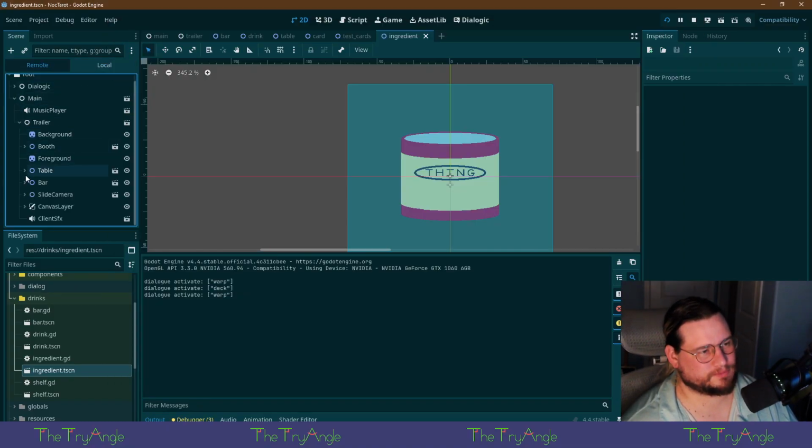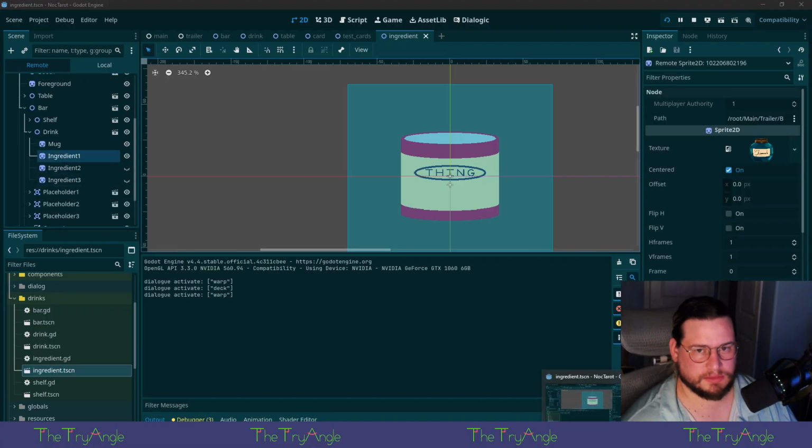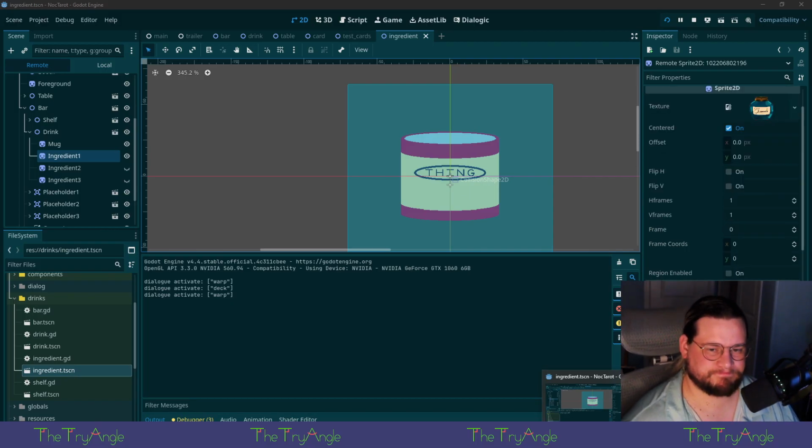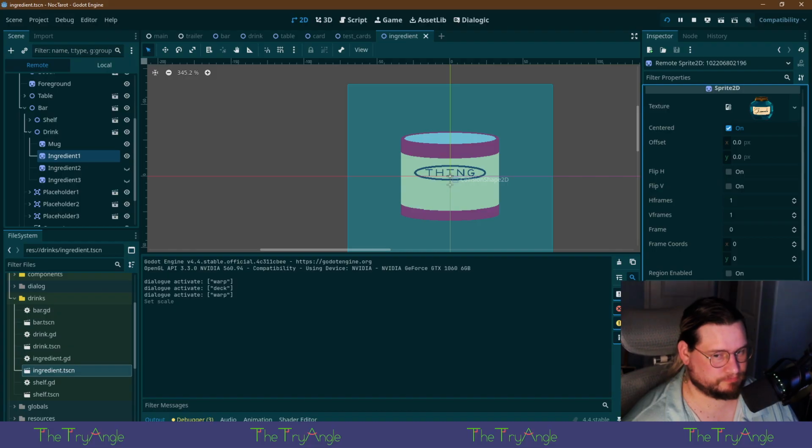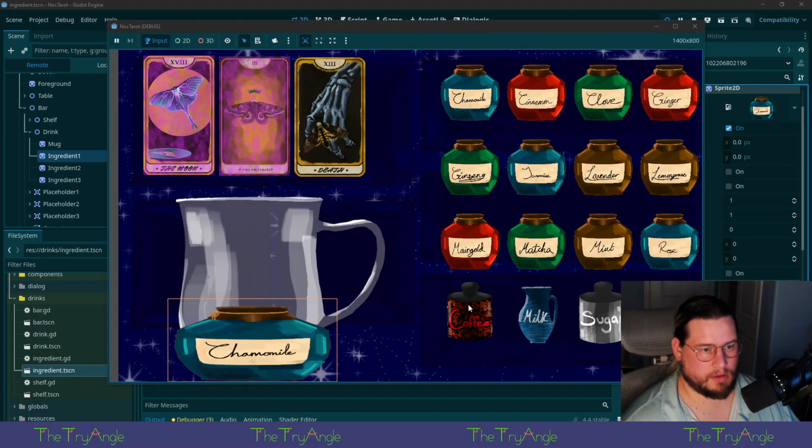So let's look at the drink layers. Let's see, that's smaller.